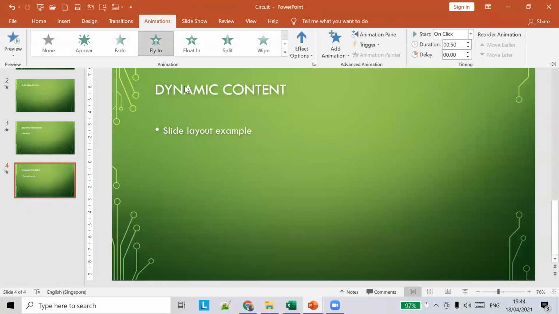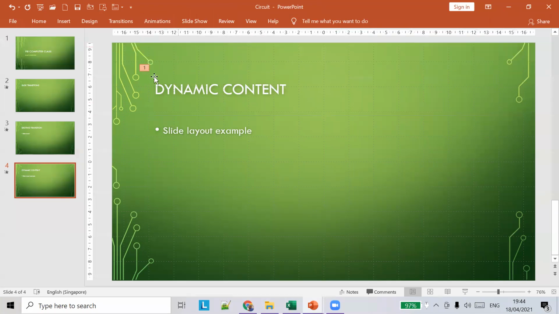If I say fly in, you can see the element alone is flying from the bottom to the top. You got it, right? The difference between animation and transition is that transitions apply to a whole slide, but an animation is applied to a particular element. The element we selected right now is this text box.